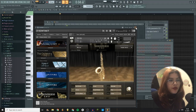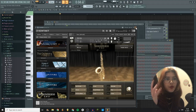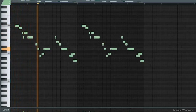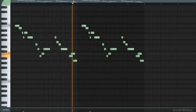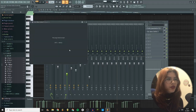Now this one is really good, but there's also another Contact band called Sensual Saxophone, where you have a big sax knob and you can turn up the sax knob and then it sounds sexier. But this time I went with this one. For the effects for it, I just EQ'd it a little bit and I added wow control. I can't open it, but